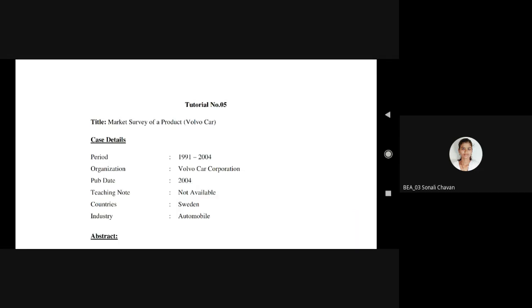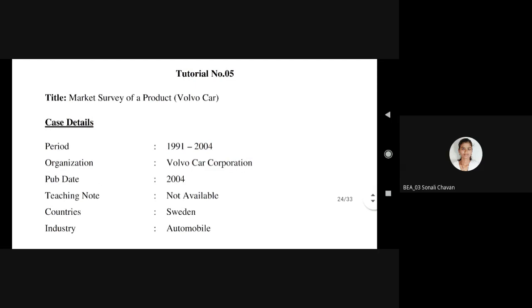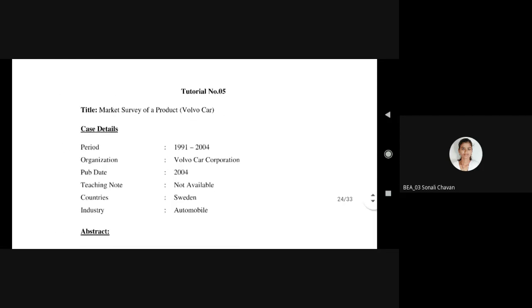Now for example, for a case study we have taken one market survey here, with Volvo car as a product. So the entire structure of the market survey is according to the Volvo car. We will discuss what is the actual procedure of the market survey, so that will be very beneficial for us in our upcoming career also. Is it right? So already as like the previous case study.